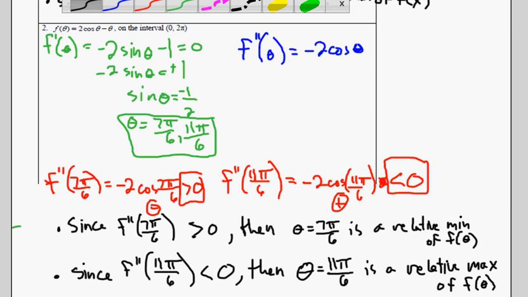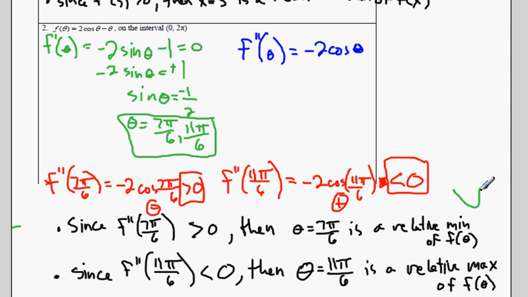Again, let me just draw those so we can visualize what we're talking about. Positive means concave up. Here's an example of something that's concave up. Look, I have a minimum. And down here, second derivative is negative, means I'm concave down. Something concave down looks like this. That means I'm going to have a relative max. Okay, so that's the second derivative test. Make sure we finish that up, and we will take a look at the